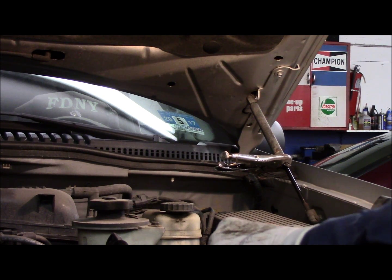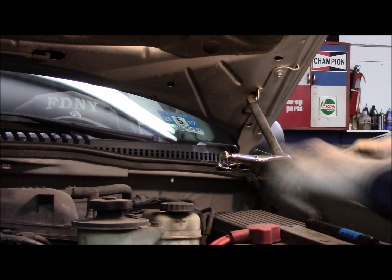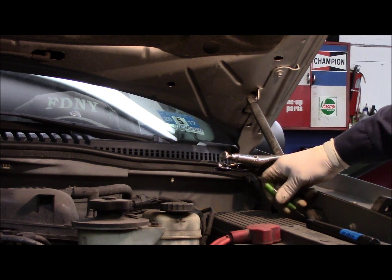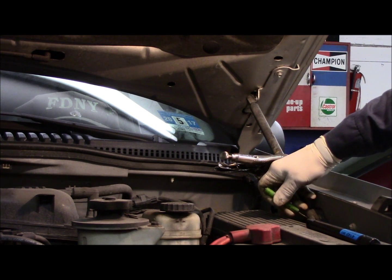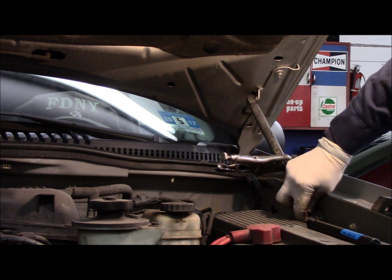Okay, and now this is how you would replace the strong arm with a new one. I did that side already. That's why these pliers are on here, because it fell down by itself. What you do is you get in here with a short little screwdriver, and you go underneath this little tab here, and you pry